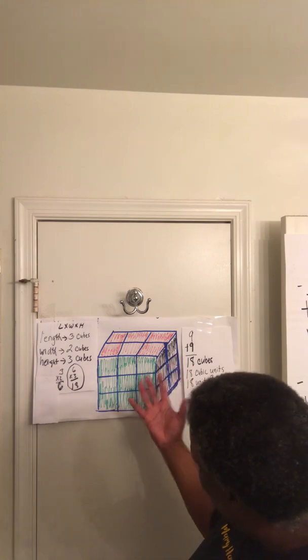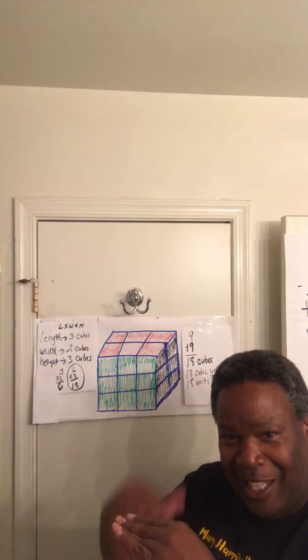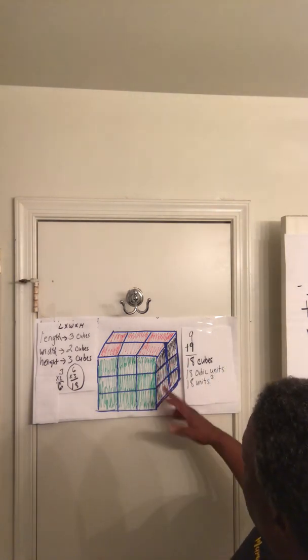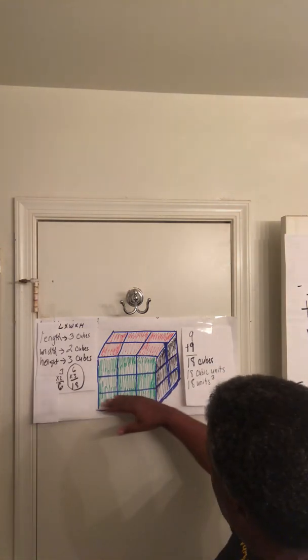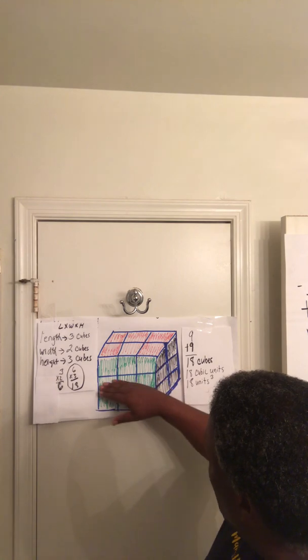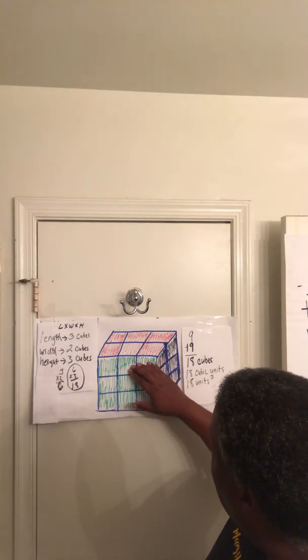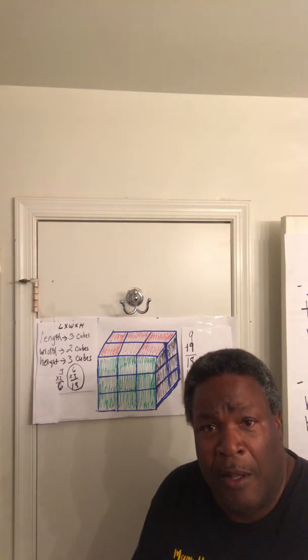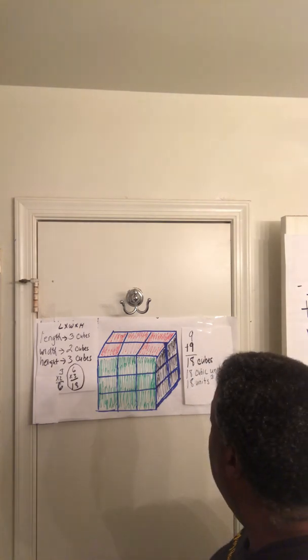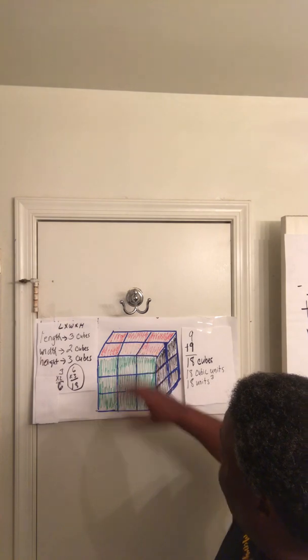And when I think of layers, I think of a layer cake, when you have one layer on top of another. And if you look at this rectangular prism, we do indeed have layers. We have a bottom layer, we have a middle layer, and we have a top layer. This top layer gives us a good view of the cubes that are involved. And if I look at the top layer,